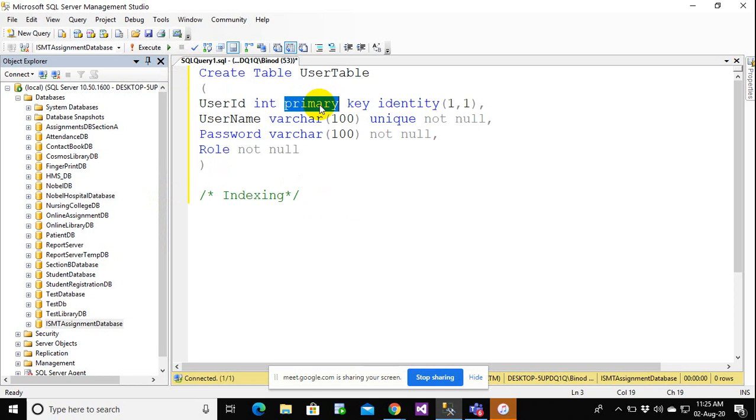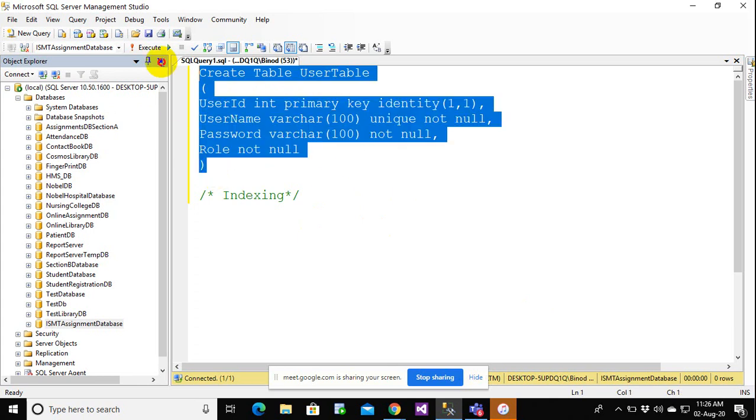Right now we are only working with one table with maybe around 100 to 200 records. But what if you have millions and billions of records? Retrieval will take a longer time, isn't it? If you define this as a primary key, then the retrieval time will be reduced. It will be faster. So in order to make your table more indexed, you would need to have this defined as a primary key.